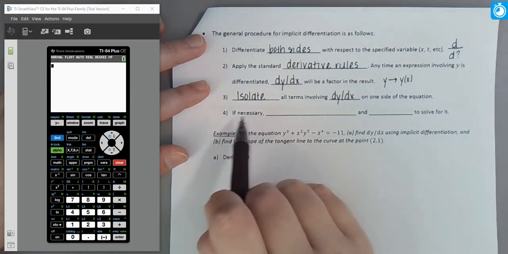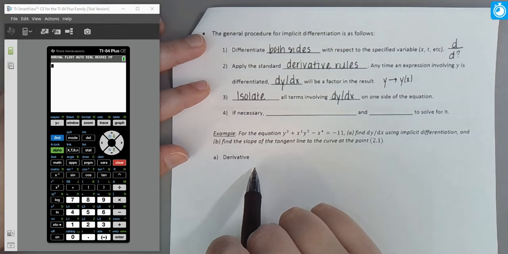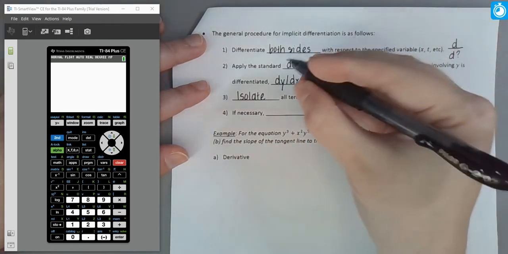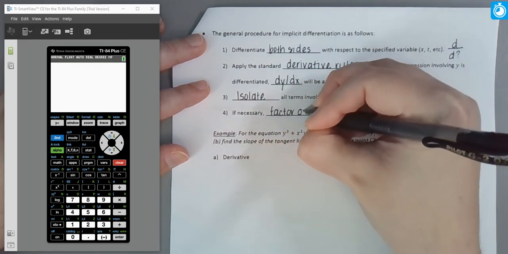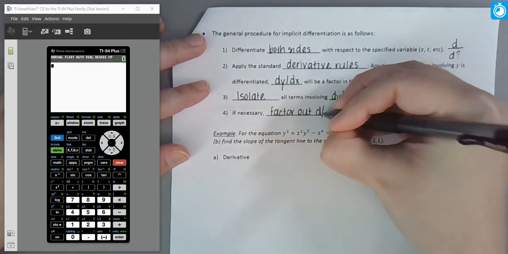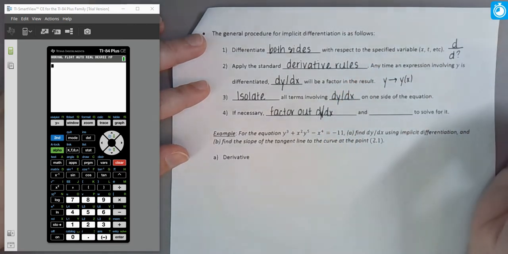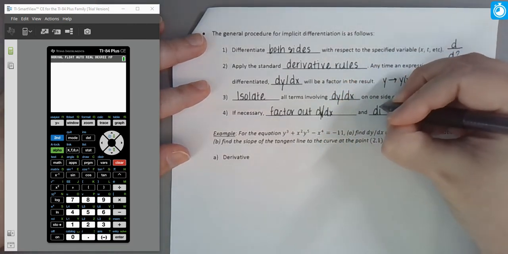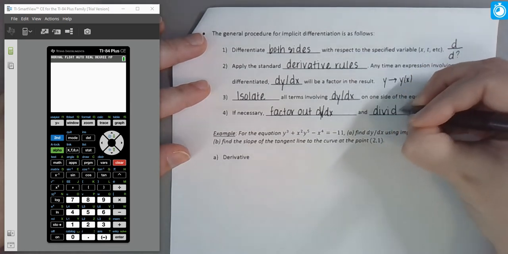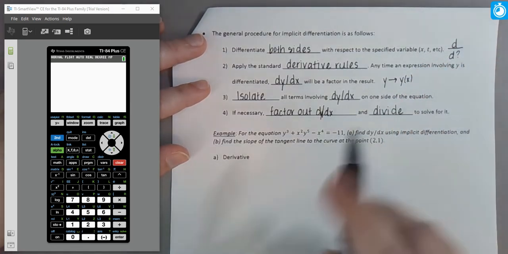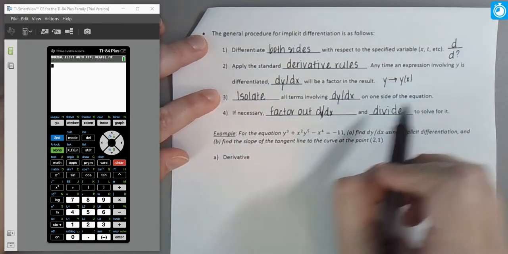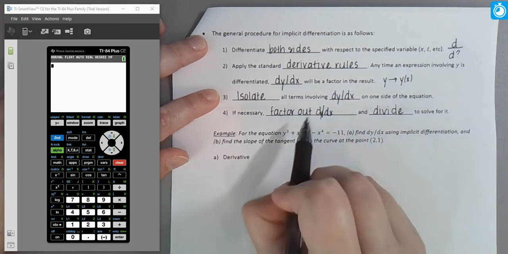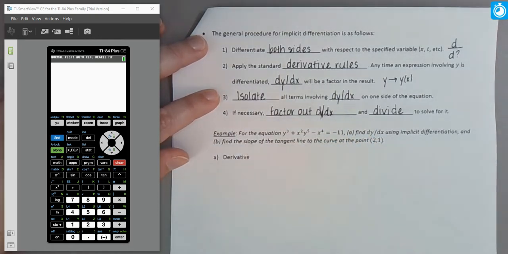And then if necessary, it wasn't necessary for the previous problem, but it may be necessary here, you want to factor out dy/dx, and then divide by what's left over in order to solve for it. So essentially, you're going to treat it as a common factor. If every term on one side of the equation has a dy/dx, well, it's common. You can factor it out, and then you'll divide by whatever's left over after you factor it out,